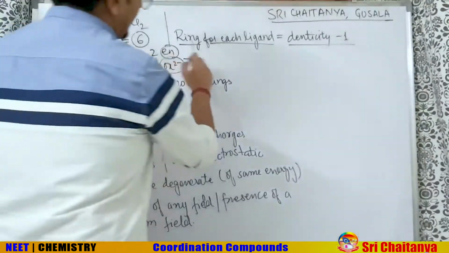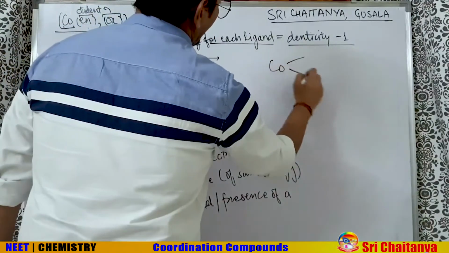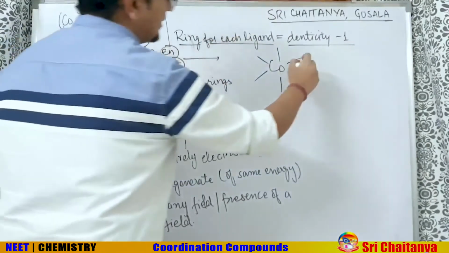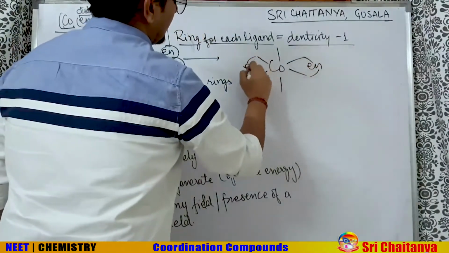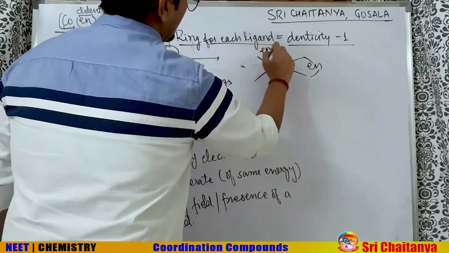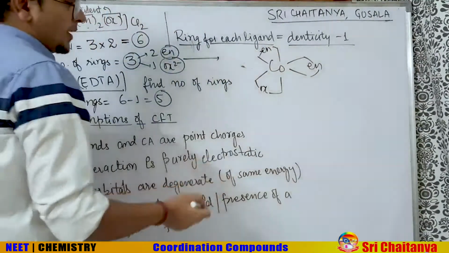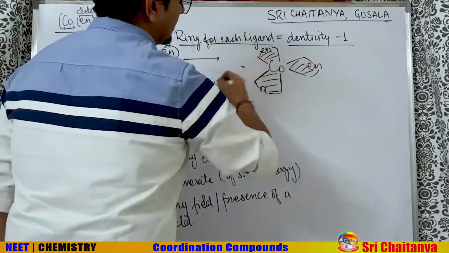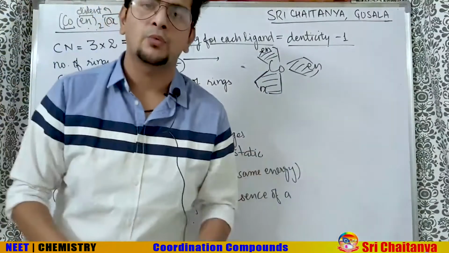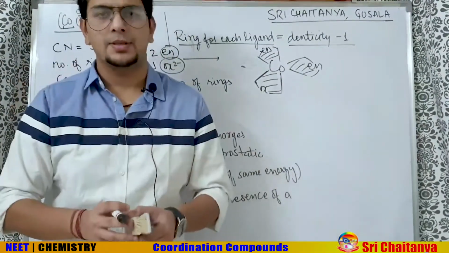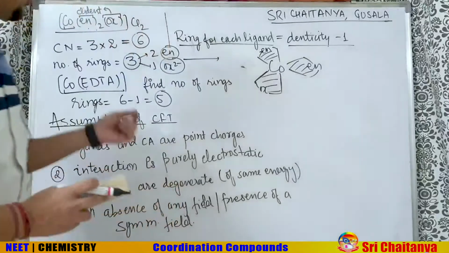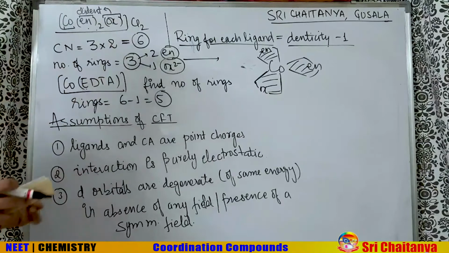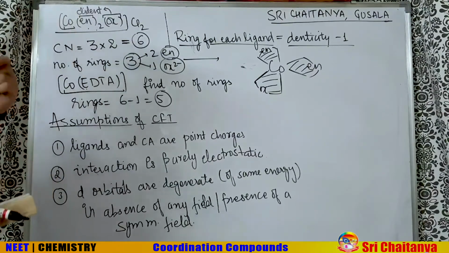I can in fact make the structure and tell you. For example, Co, I have this kind of a scenario because coordination number 6, octahedral. So ethylene diamine I can make here and oxalato I can make here. So you can understand oxalato makes 1 ring. This is 1 ring, this is the second ring, this is the third ring, looking like the fan maybe under which you are sitting right now. Same type of shape is there. So this is what we can use the formula for finding the rings and the coordination number. The trick is ring for each ligand is denticity minus 1.